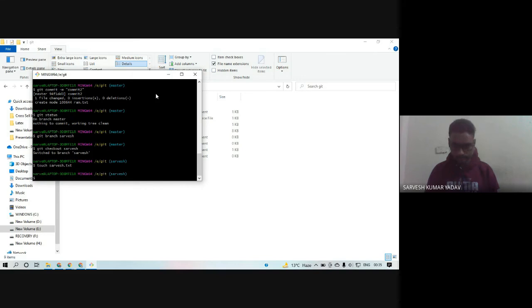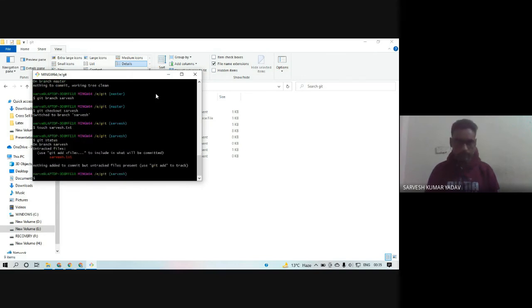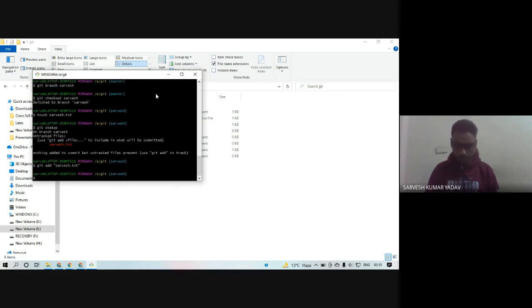Git status. The service.txt untracked file. I am adding this file. Git add service.txt. Now I am saving these changes.